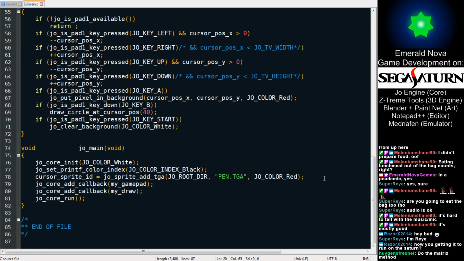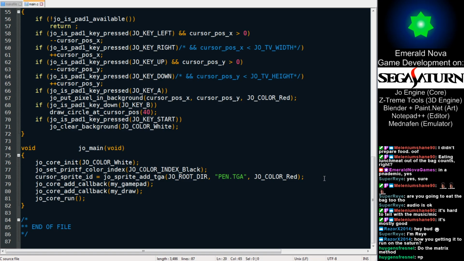So, okay, we could do the matrix method, and maybe I could figure out a way to get that to work well on the Saturn. However,